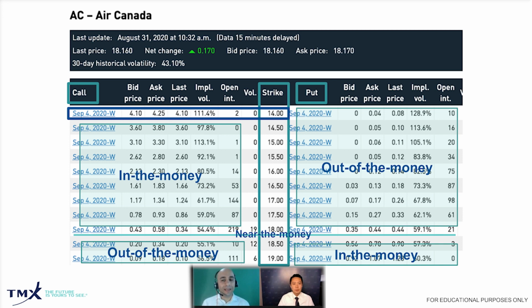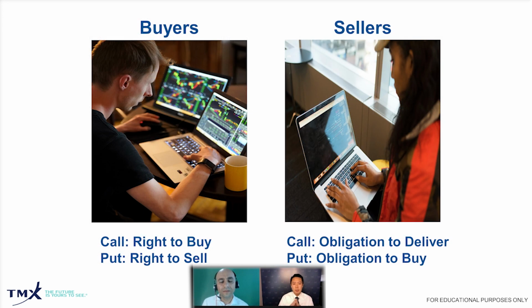So the option buyers have rights. Who is then fulfilling the obligation on the other side? Right, that's a good question. Now, remember, just like any transaction, even in the options market, there is always a buyer and a seller. Now, for beginners, the most important thing to remember is that when you buy a call option, you have the right to buy the stock. And when you buy a put option, you have the right to sell the stock. The investor selling you this option is what we call the option seller, also known as the option writer.